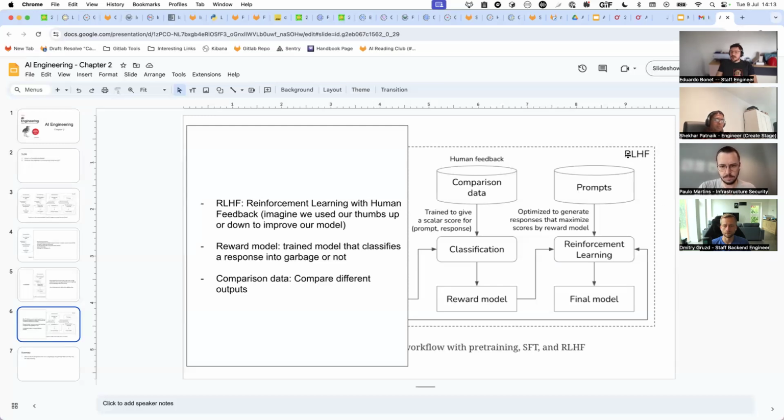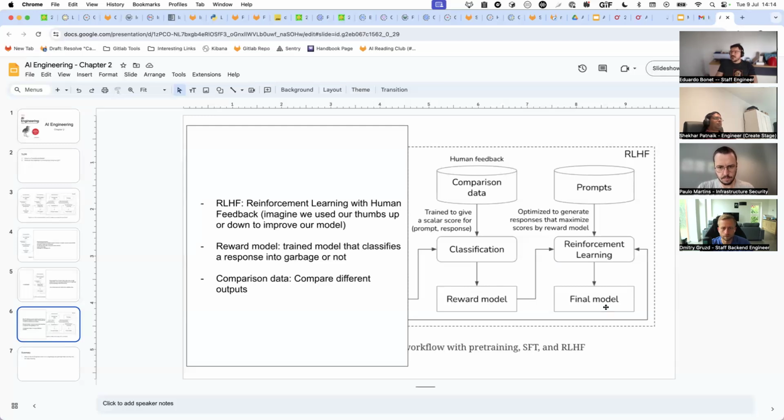And for this RLHF, this prompt is, okay, let's craft the responses that we want the model to provide. Let's give really, really high quality examples for the model to learn on. Comparison data is, I generate a lot of different responses, and then I give them to human labelers to tell me which one is better than what. And I will use that to train this reward model. So the reward model will have already some human input to decide what is good and what is not. And that's